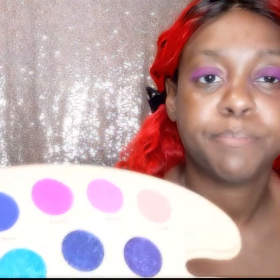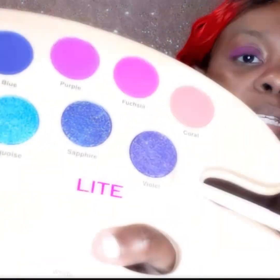I'm gonna try to put a little of the violet and see. Oh, these might be one of these shimmers where, now you see that actually, that's more purple than the actual purple was. Yeah, it's definitely a deeper purple than the actual purple shade. I actually like this better, but